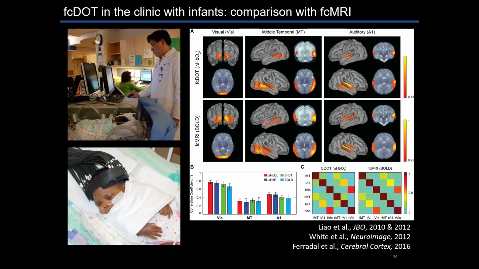And comparing that, this is, I believe, 8 babies, showing that the spatial maps with fMRI and DOT are, again, very similar to each other and are differentiable between these different regions of interest. Interestingly, the visual network has the highest bilateral connectivity relative to area MT, relative to auditory cortex, and the DOT follows the BOLD level of correlation. Further, that